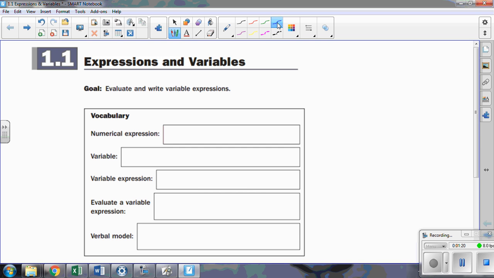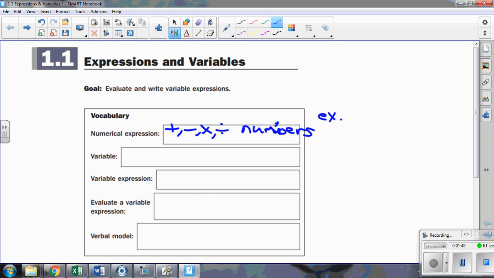Coming back to this now, a numerical expression is fairly straightforward. It's based on adding, subtracting, multiplying, and dividing numbers. My board's kind of glitching out on me a little bit. Anytime you choose to add, subtract, multiply, or divide numbers, that is an expression. You've been doing them for years and years and years. For example,